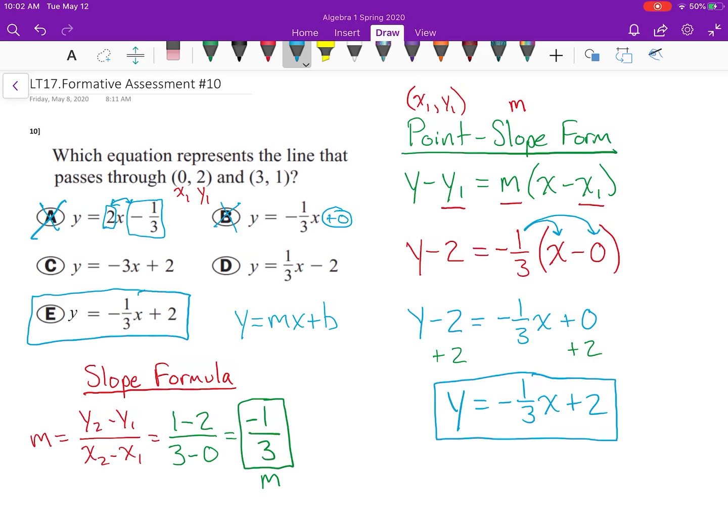Choice C, they have the correct y-intercept, but their slope of -3, it looks like they just have their slope flipped. Should be -1/3, not -3/1. In choice D, it looks like they have almost the correct slope and y-intercept, but the signs are incorrect for both of them. So that's just a reminder to always be careful of positive and negative signs. So again, choice